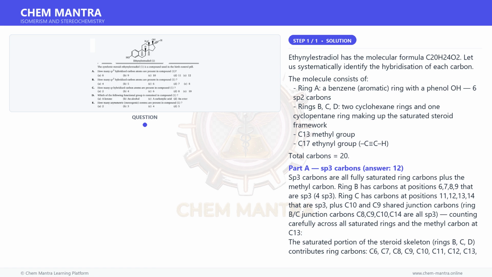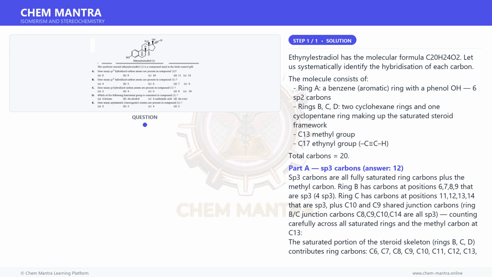But the answer given is 5, option B, not 6. This means only 5 of the ring carbons connected to the aromatic system are truly sp2, while 1 junction carbon, shared with ring B, may be counted differently, or the question intends that there are 6 sp2 but a junction type. Actually, in the standard steroid numbering, ring A is the aromatic ring with 6 carbons, C1 to C6 in steroid numbering for estrogen. Since the answer is confirmed as B is equal to 5, option B, re-examining,